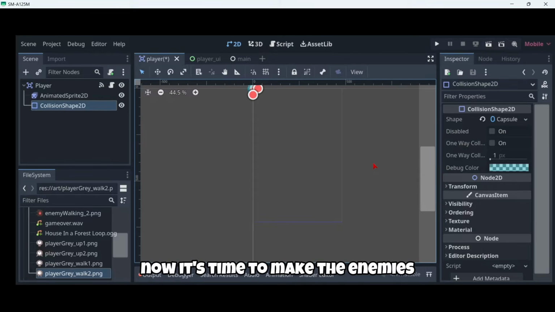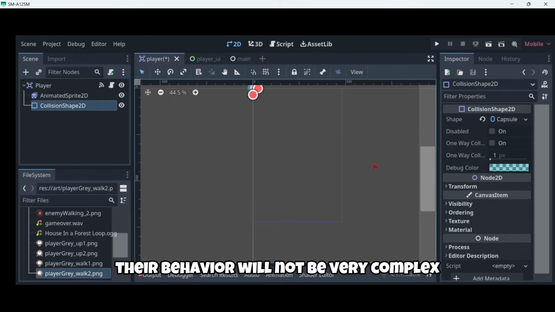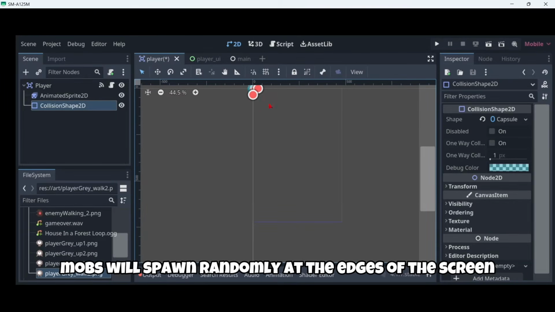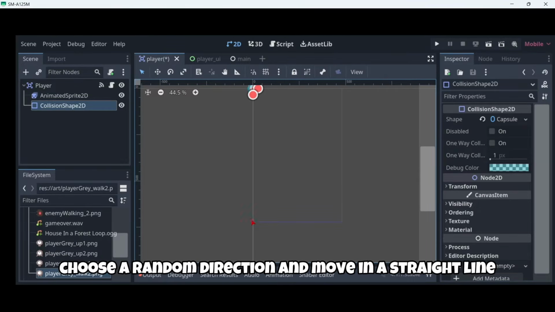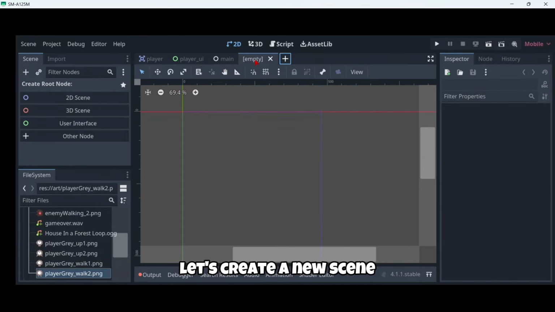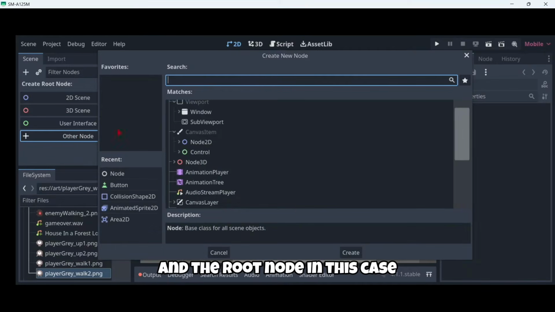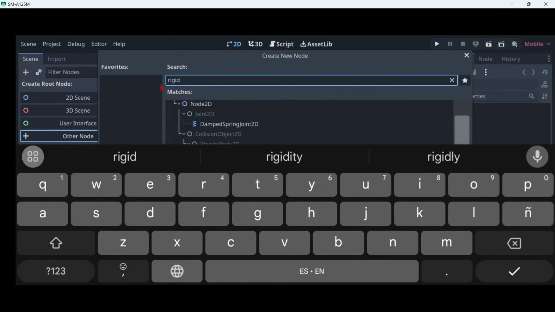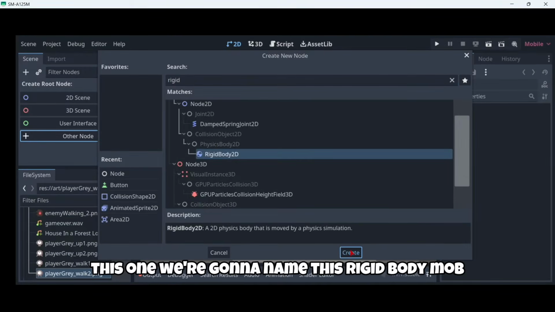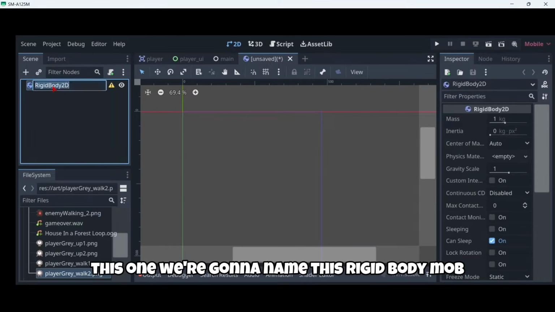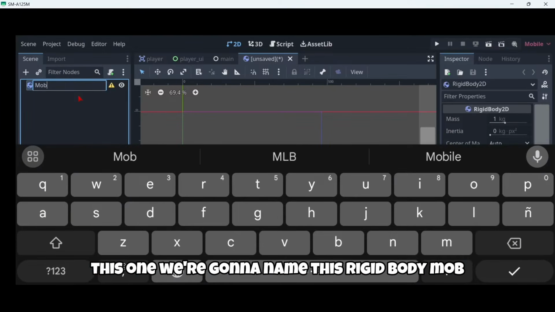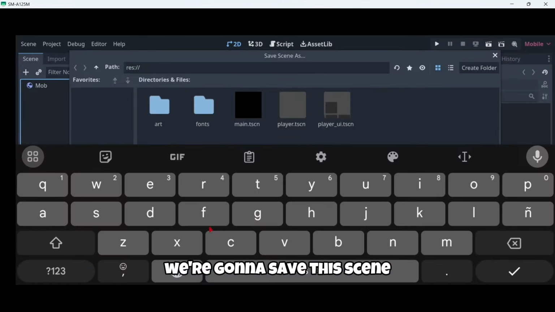Now it's time to make the enemies our player will have to dodge. Their behavior will not be very complex. Mobs will spawn randomly at the edges of the screen, choose a random direction, and move in a straight line. Let's create a new scene, and the root node in this case is going to be a rigid body 2D. We're going to name this rigid body mob. We're going to save this scene,